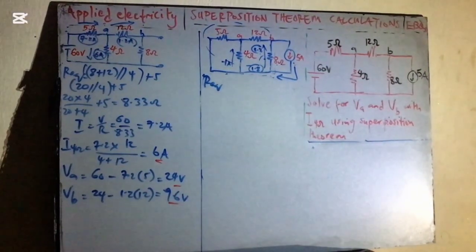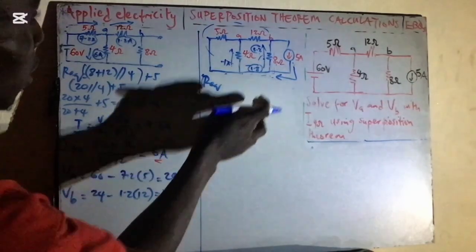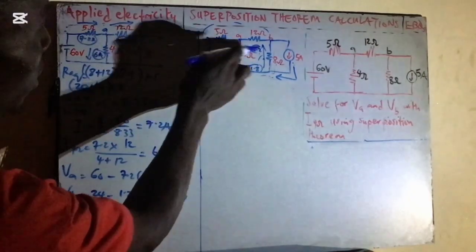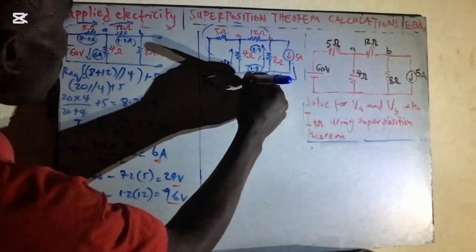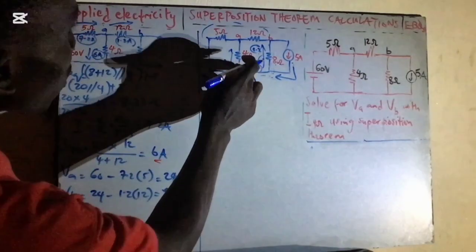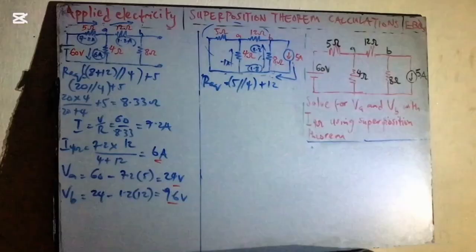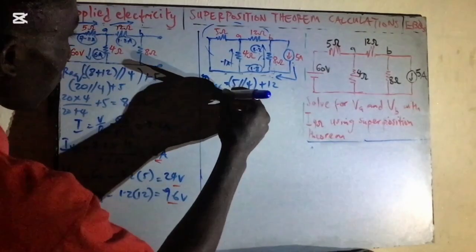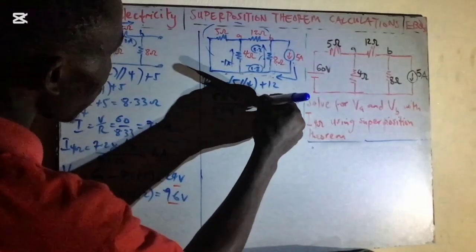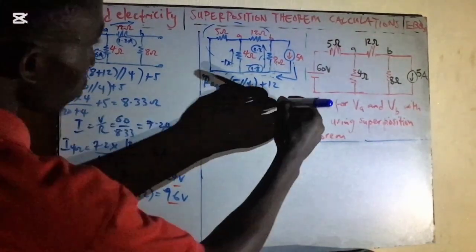What I'm saying is that we are going to look for the resistor of every other distance. So this in contrast with this is what? This is parallel with this. So that will be 5 parallel 4. Then if they come together, it's going to be in series with 12. So 5 parallel 4 plus 12. That's 5 multiplied by 4 over 5 plus 4, then plus 12. We are going to be having in our calculator 14.2